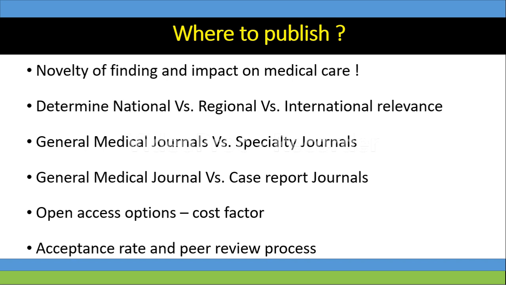And last but not least is the acceptance rate and peer review process. There are certain journals which might take 4 to 6 weeks to reach a decision, and there are certain journals which may take more than 6 months. Most of the time this is clearly mentioned on their websites, or you can read some of the previous articles and get an idea of when the article was submitted, when it was revised, and when it was published online. So it can give you an idea about the peer review process and the acceptance rate. And if you are in a hurry, you might not want to publish in a journal that takes 6 to 10 months to reach a conclusion. But again, it's important that you understand all these things before you start writing, and it will make your journey of writing pretty easy.